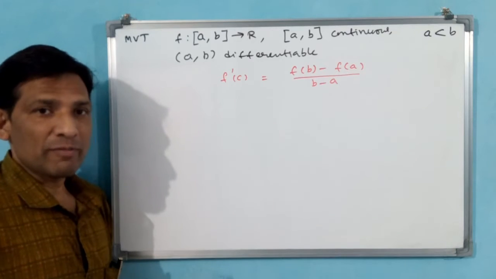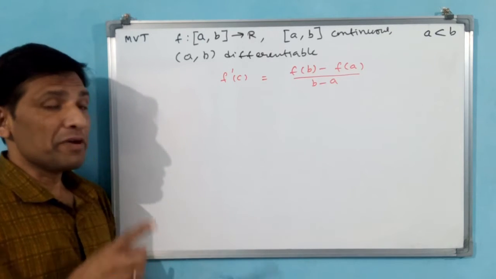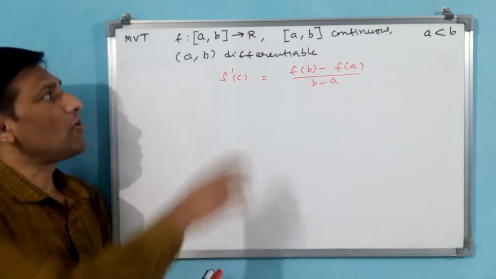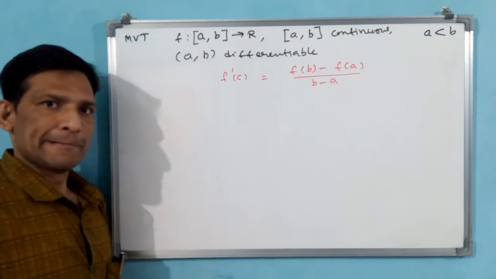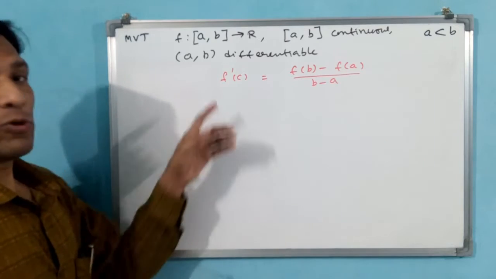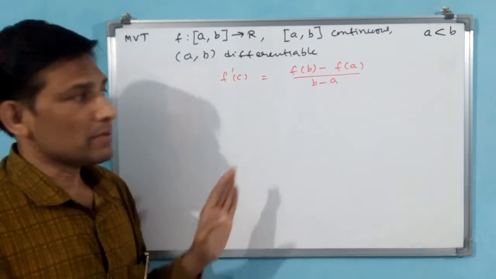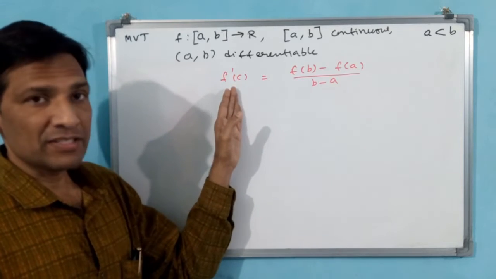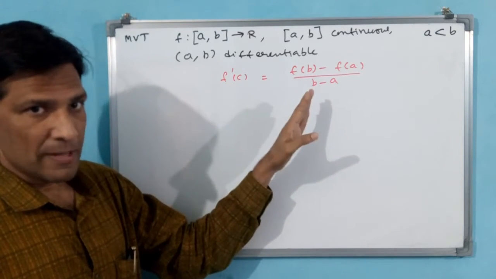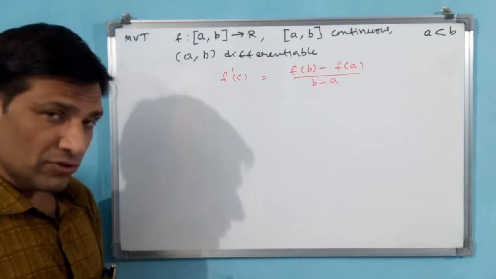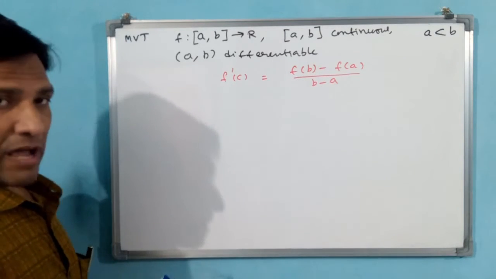Is this the mean value theorem or not? Definitely mean value theorem. If it is Rolle's theorem, f dash c is equal to directly 0. That's all. All these conditions will apply. But for Rolle's theorem, f dash c will be equal to 0. But for mean value theorem, f dash c is not equal to 0. F of b minus f of a, like that we will do. You see here what I am writing. Now I am changing this.